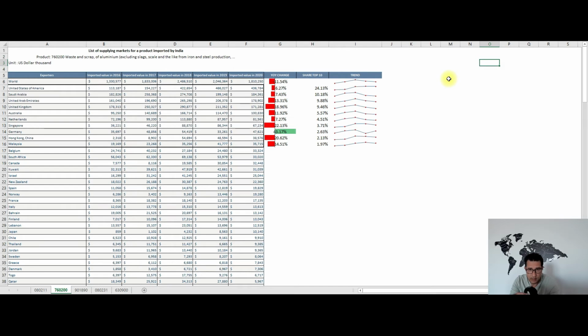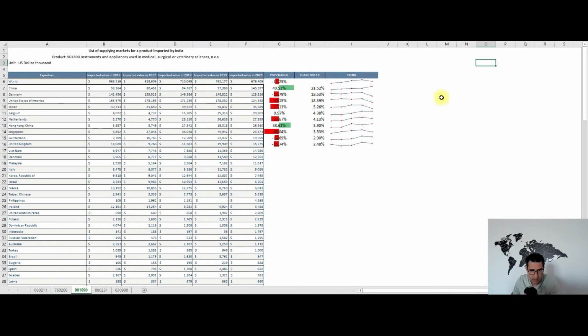So again, we see here quite a high import market concentration, but not at the same level with the almonds, of course. And if you ask me, I think I've covered everything I wanted to cover about this product, and I think we're good to go and cover the third product, which is HS code